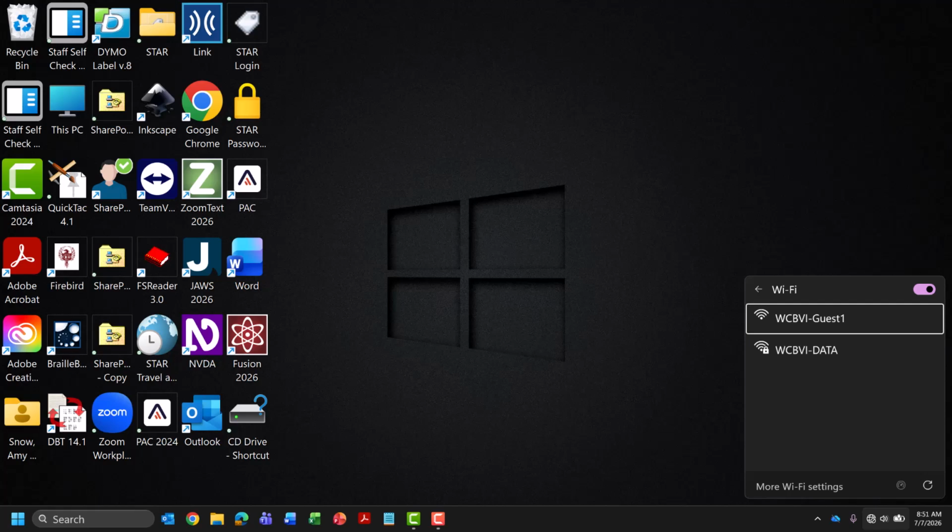Now you might recall that I'm focused on a list, and there's a list of available Wi-Fi connections here. The first connection, for some reason, as noted before, doesn't always announce correctly, but that's okay, because if I press my down arrow, WCBVI-data, secured, signal 4 out of 4 bars, 2 of 2. It tells me that the second item is WCBVI data. It has 4 out of 4 bars. It's a secured network. If I come back up,